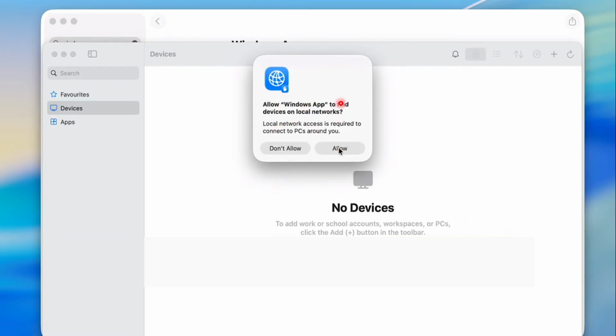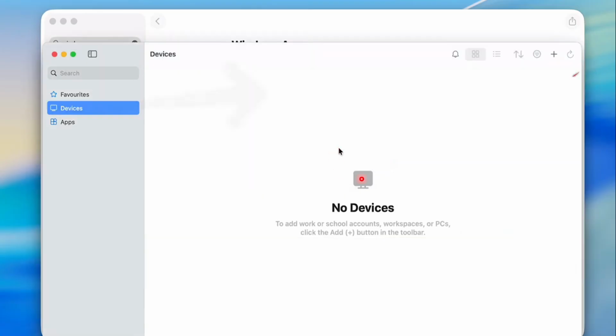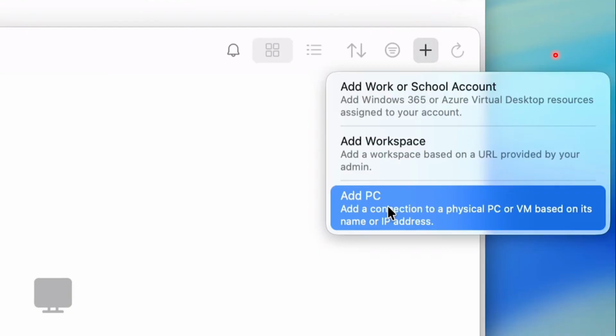So you're allowing the Windows app to find devices on the local network, basically the Wi-Fi connection you're connected to, okay? You need local network access for this, basically connect to the Wi-Fi address that is connected to the PCs around you, okay? Click on allow, then come to the top right, click on this plus icon, get this